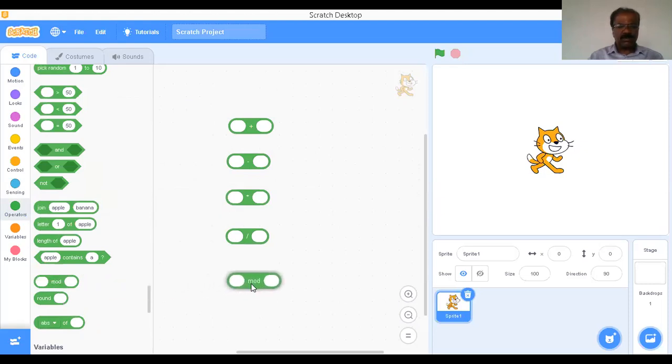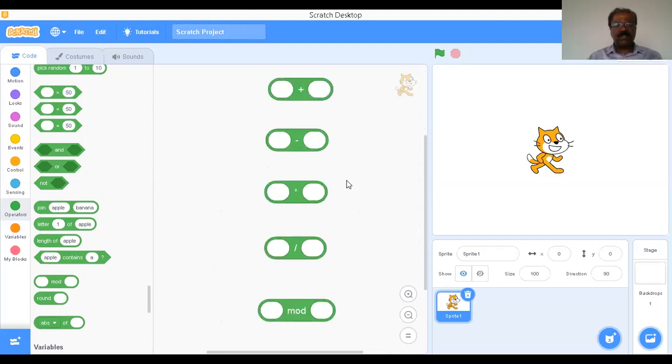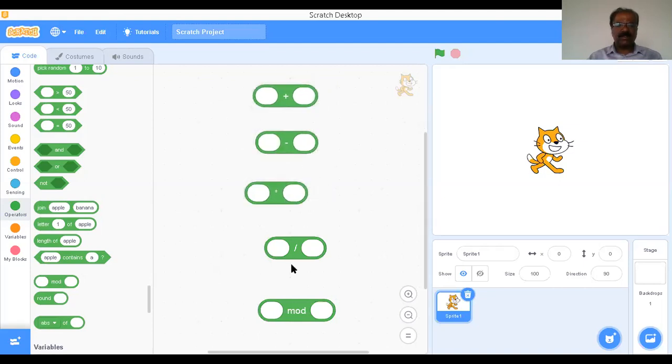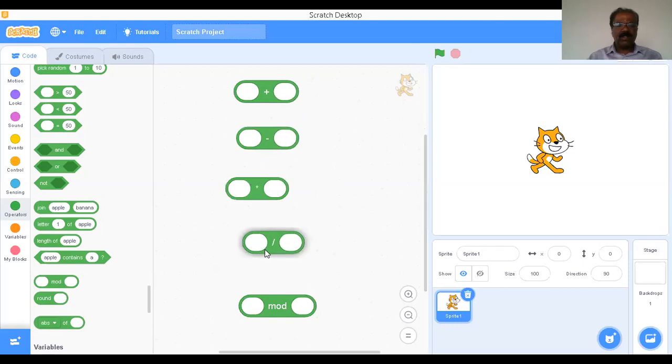This is also part of the arithmetic operators. It requires two data to perform the operation. Here the data may be a number, or it may be a variable.